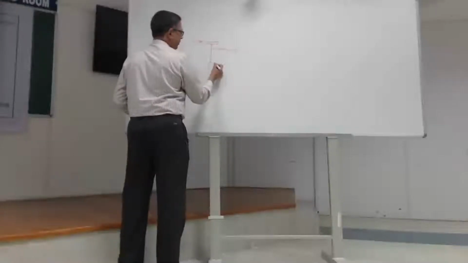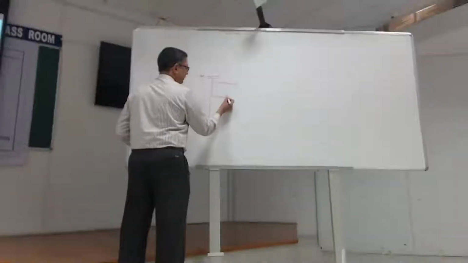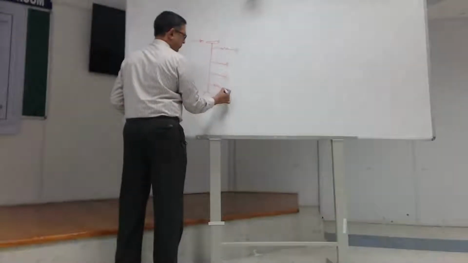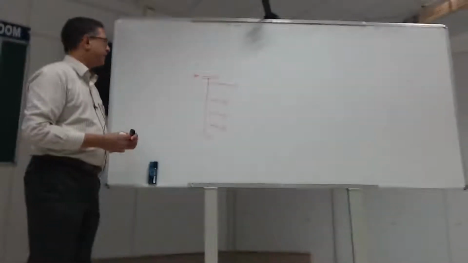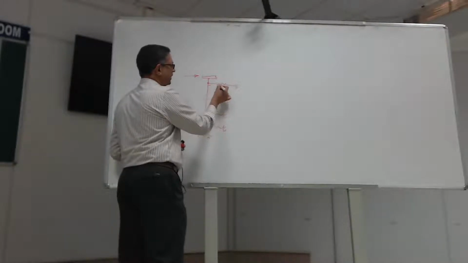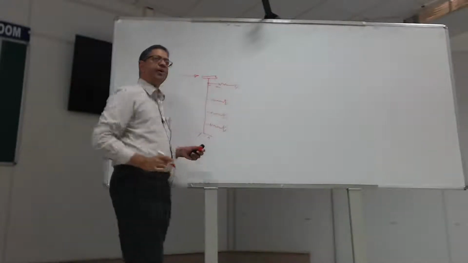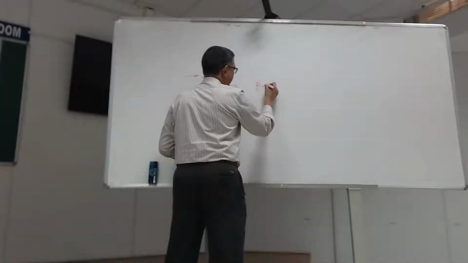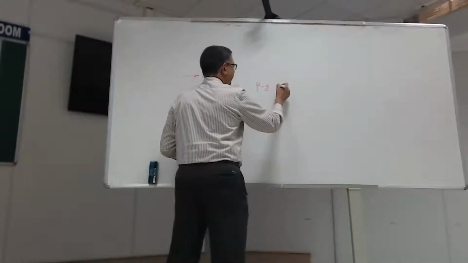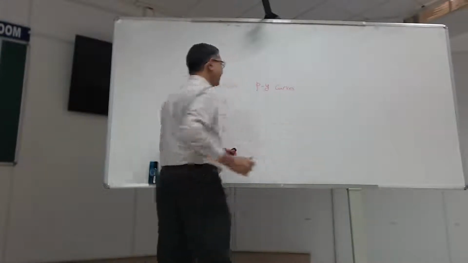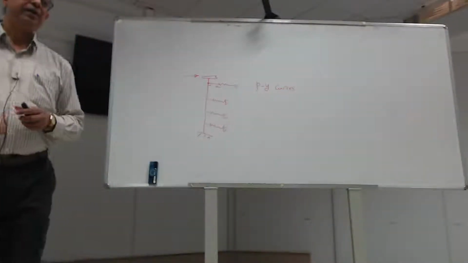Came up with this idea of P-Y springs. I'll draw a few, but you can draw as many as you like. And the idea is that if this node wants to displace this way, this can oppose that by virtue of its stiffness. So P-Y curves can be chosen or derived to link the